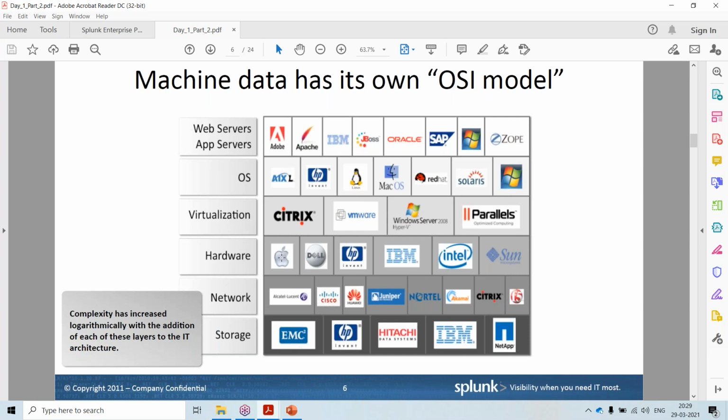It may be an Apple server, Dell server, or HP or IBM or Intel or Solaris server, any server. This is the hardware, and there is also a network layer involved, if they want to communicate with some DB server or application server or some other stuff. You need to have a network stack, correct? And in that network you are using some Cisco routers or Juniper routers.